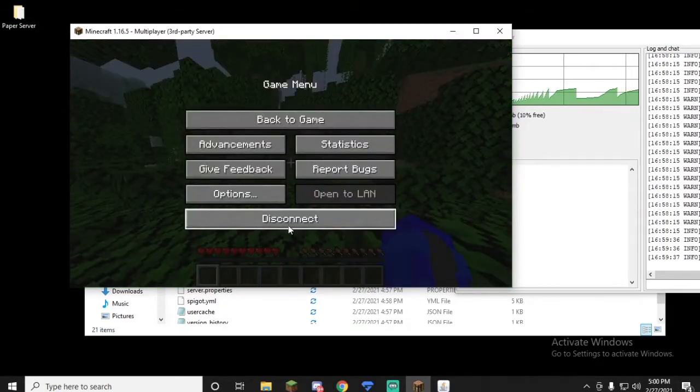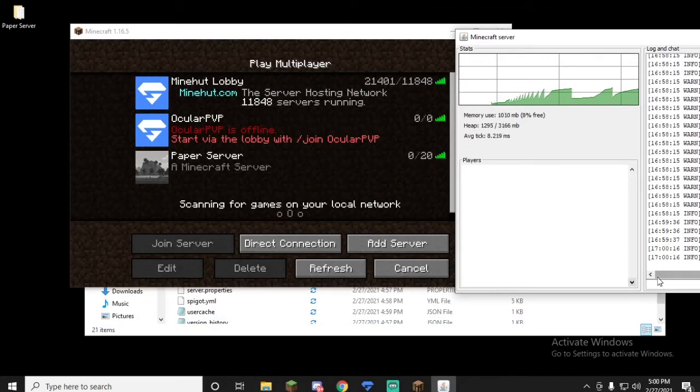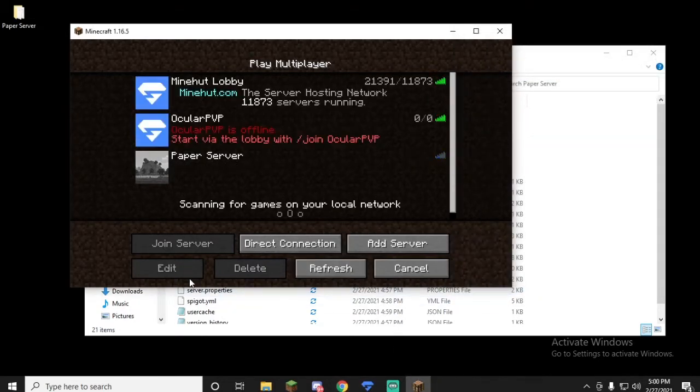So, let's disconnect from there. And you go over here. You might not have even seen this, but there's a little text bar you can type here. Just type stop. And that should automatically turn off your Minecraft server. As you can see if I refresh, server's not there. Now